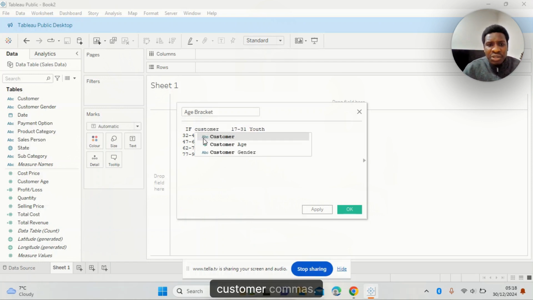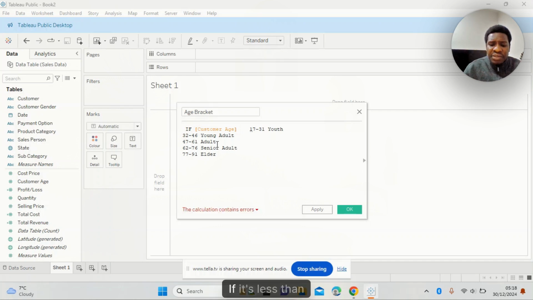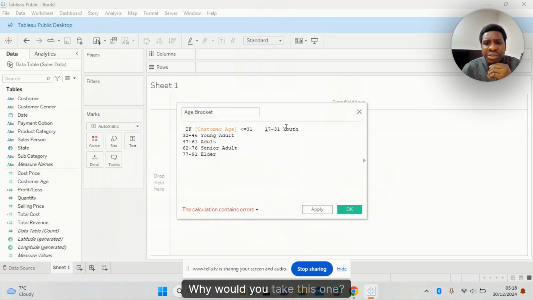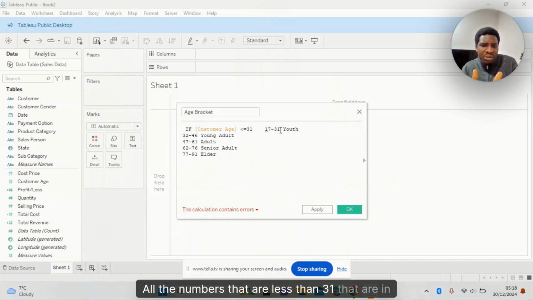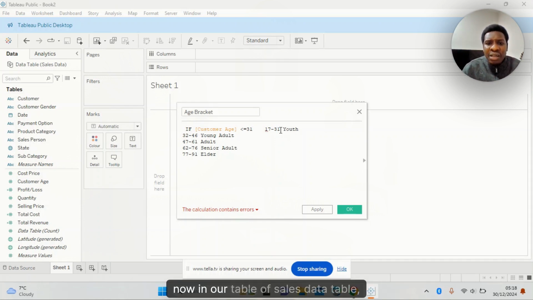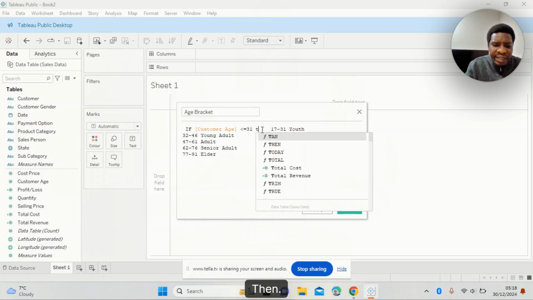Customer age has come out. So just click it. If it's less than or equal to 31, this 31 here. Why will you take 31? Because 17 is less than 31. All the numbers that are less than 31 that are in our table, of sales data table, less than or equal to 31, then